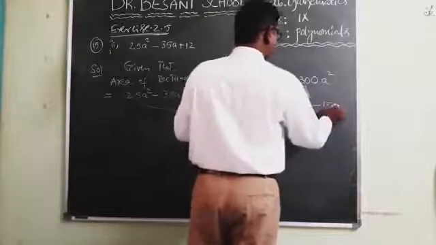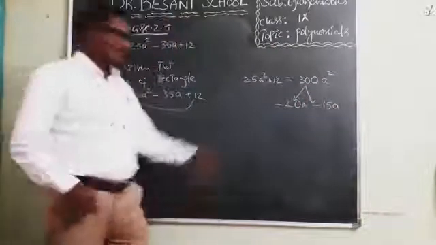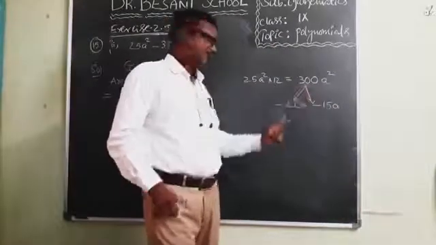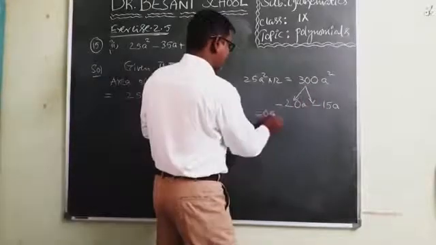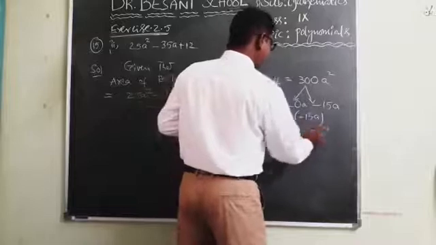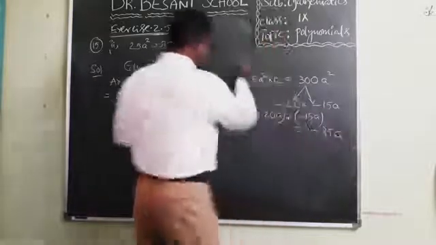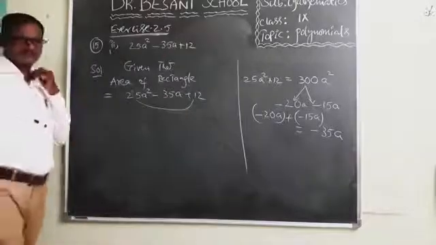Can we write it as minus 20a and minus 15a? Why? Because minus into minus is plus, 20 15s are 300, a into a is a square. By adding minus 20a and minus 15a, you will get minus 35a, which is equal to the middle term minus 35a. So, factorization process, once you recollect.